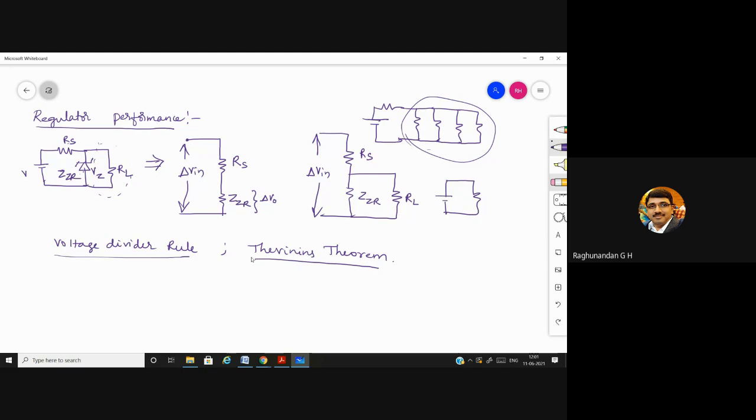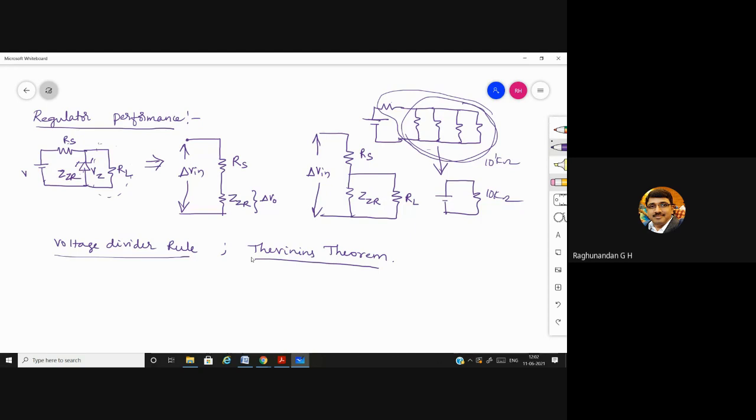You see, all these are parallel to each other. By knowing the parallel combination of these resistors, you will be coming to know what is the effective resistance. After combining all of them, if it is capable of giving 10 kilo ohm effect, then just connect 10 kilo ohm. It is done. Whatever all these resistors are going to give, the same effect a single resistance can give. So this transformation is given by Thevenin's theorem.